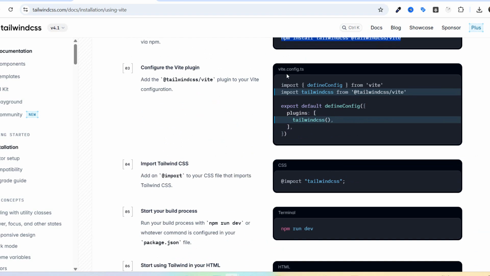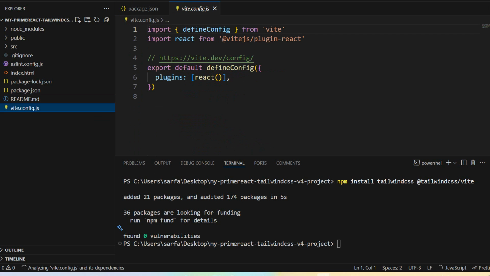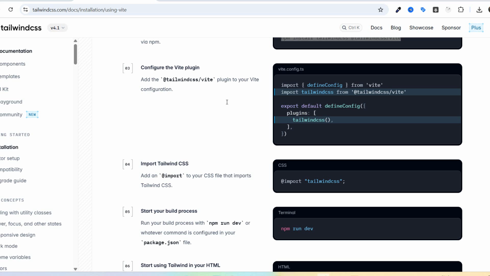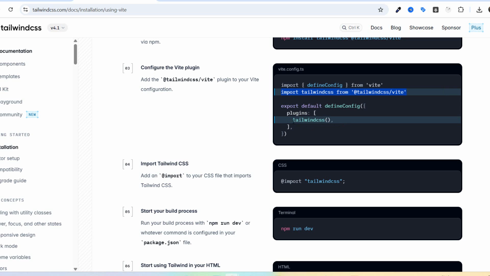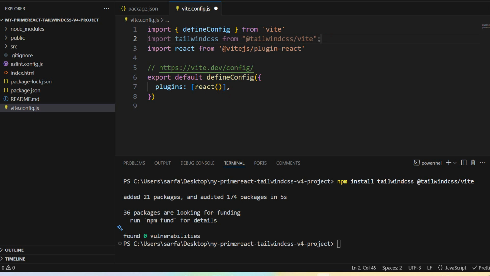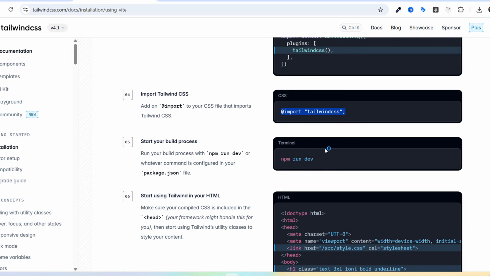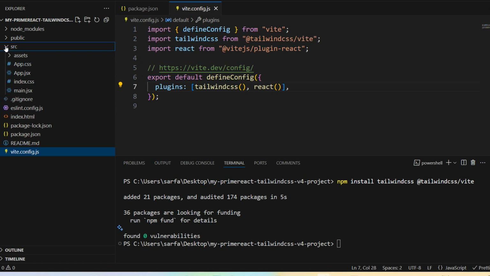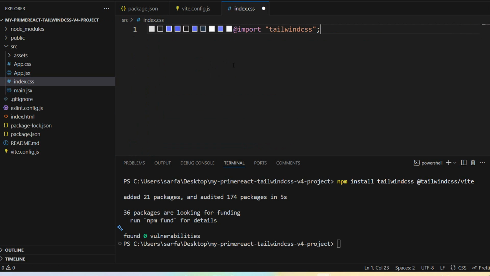Let's do some configuration. Inside vite.config.ts, but here it is JS because we have selected JS initially. So let's copy this, and here I'm going to paste it, and here also let's copy, and paste it. Save this. This is done. Now let's copy this line of code, and let's go to index.css, remove the entire CSS and paste the code which I have copied. And then we can do npm run